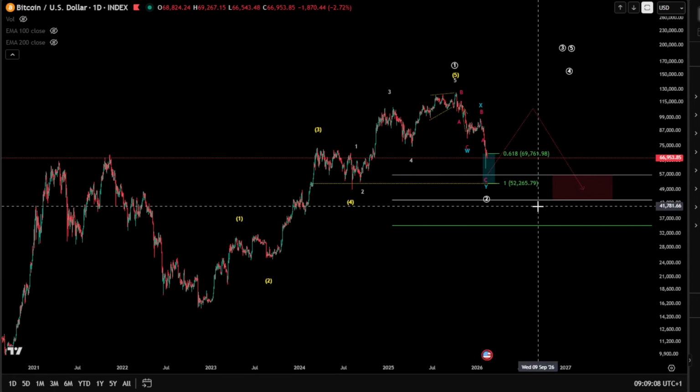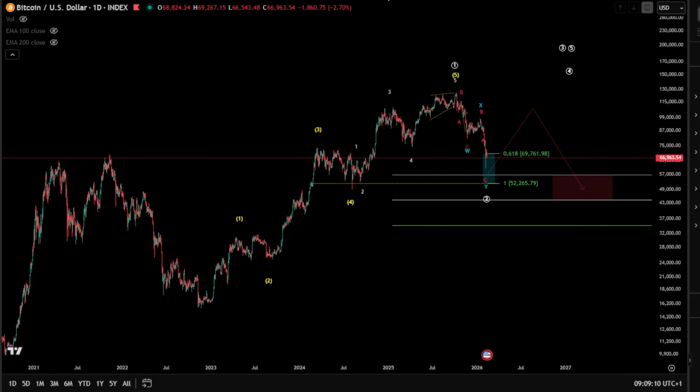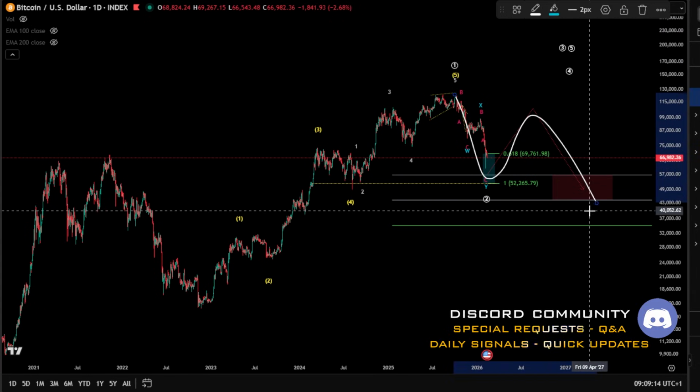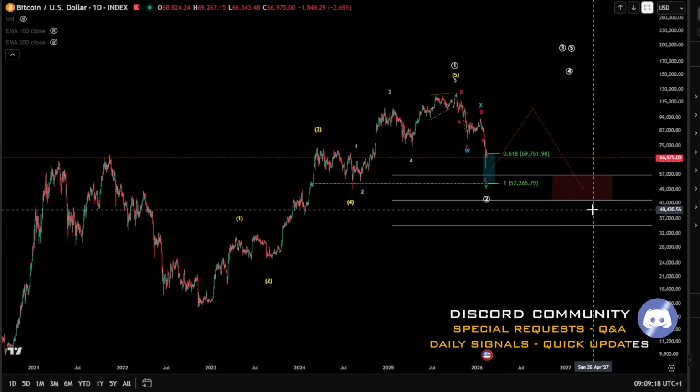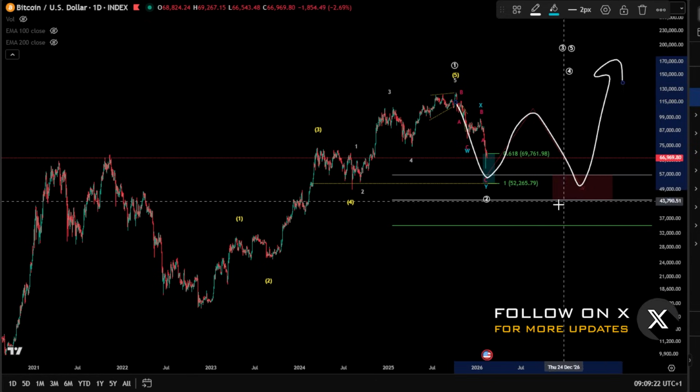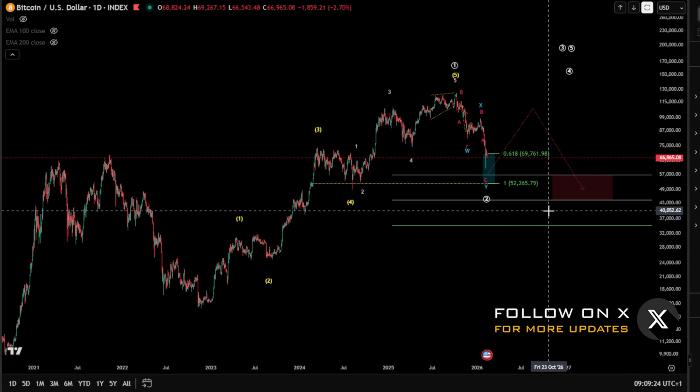Okay, so yeah, very likely that Bitcoin might go in a very long correction here until May 2027. We need 1 year at least still as a correction before we push toward the upside, therefore.